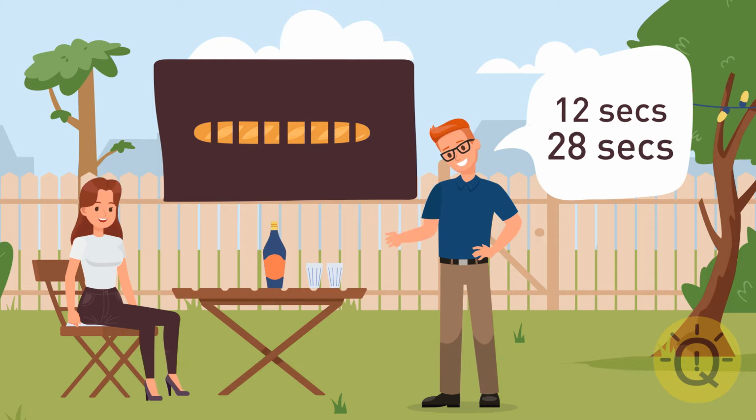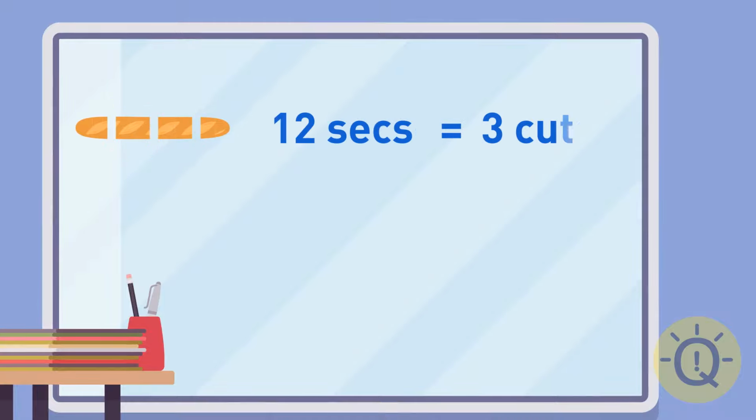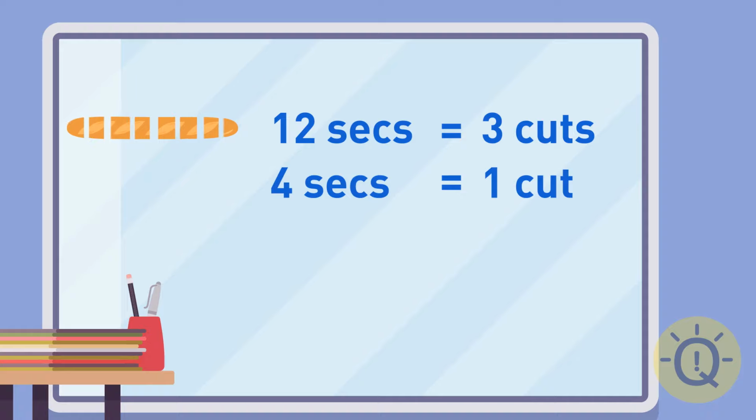It would take 28 seconds. Here's how it works. To cut a baguette into 4 pieces, she needs to make 3 cuts. If it takes her 12 seconds to make 3 cuts, it means that she makes 1 cut in 4 seconds. Now, if she wants to cut the baguette into 8 pieces, she'll need to make 7 cuts. So, 7 cuts, 4 seconds each,